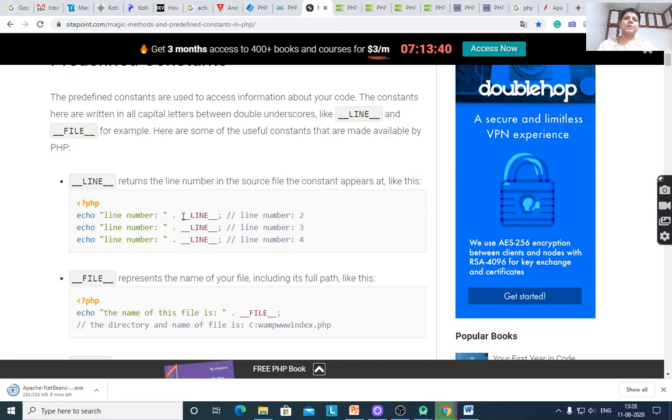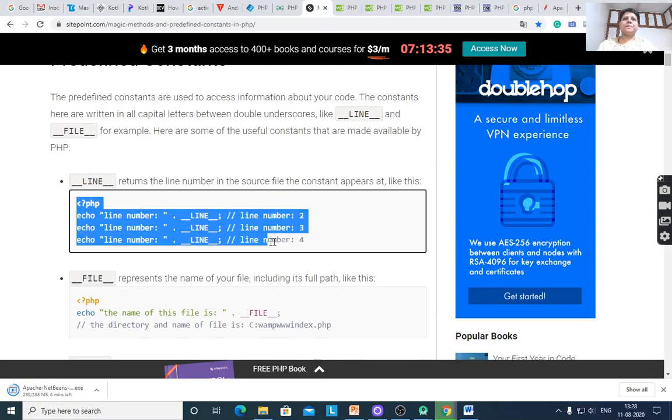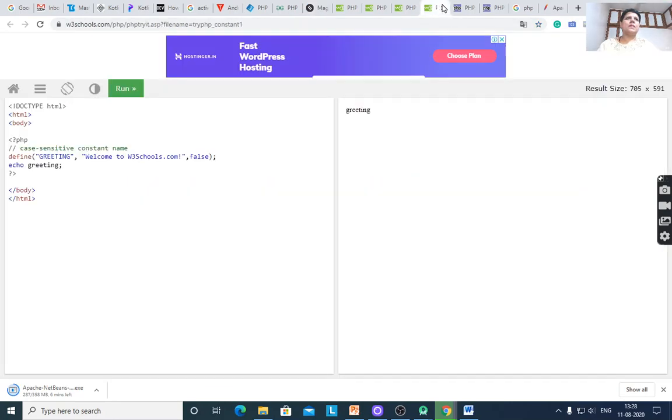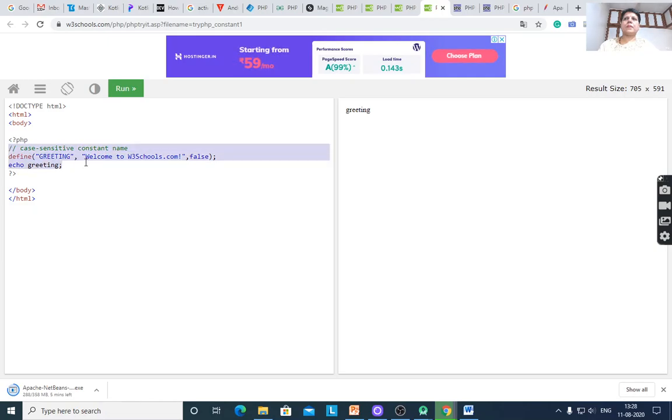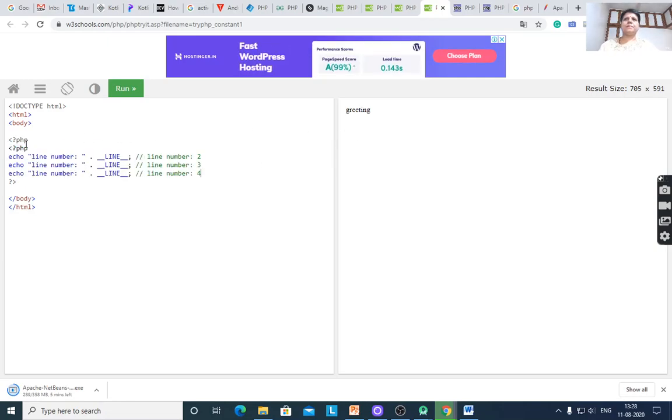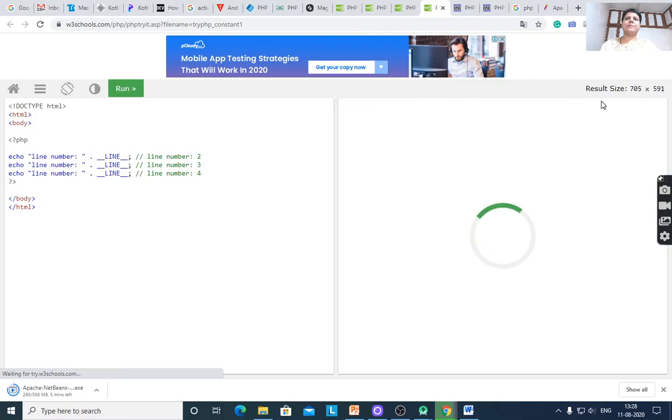This is line number 2, line number 3, line number 4. Suppose here we replace this code, and after execution it will give line number 7, line number 8, line number 9 as the output.